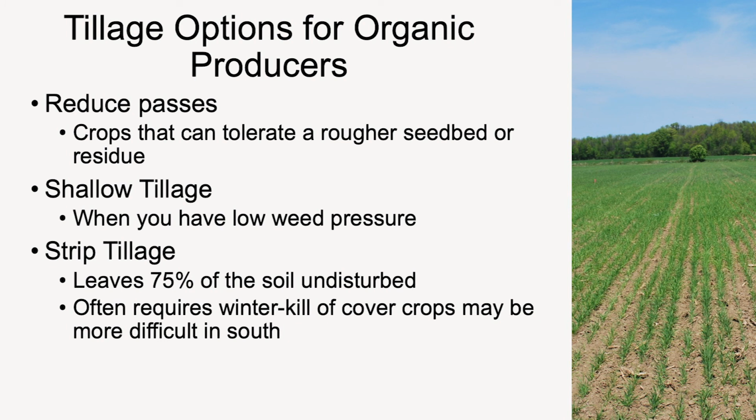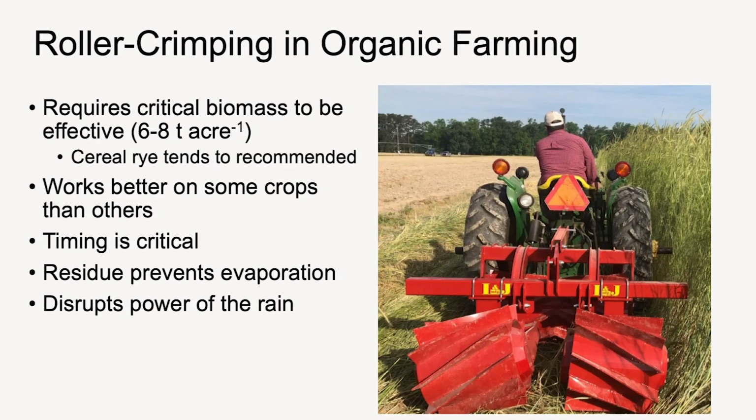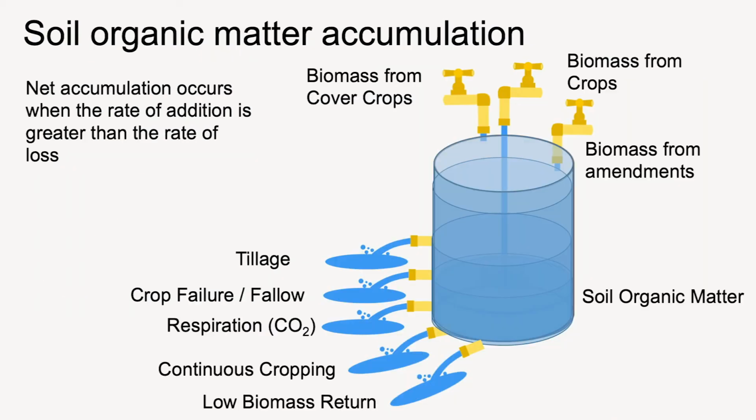So I'm going to skip the slide. Some of the other options for reduced tillage. This is funding through the OFRF, looking at using residue and roller crimping in organic sweet potatoes. This is kind of more of an art than a practice, to get the right amount of biomass and the right ability to plant into it, but it can be really excellent for preventing evaporation and disrupts the power of rain. So I think there's potential there. It's variable year to year, but we're working on that in the next couple of years.